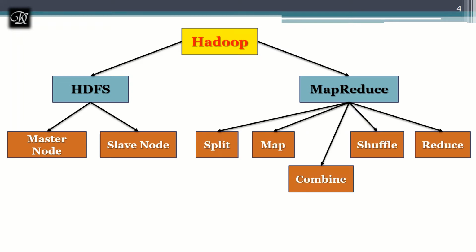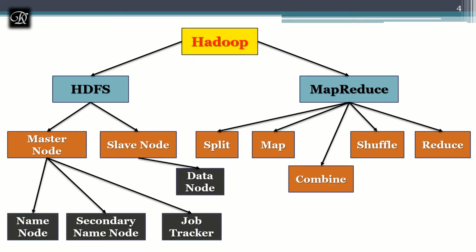Next, on MapReduce, people used to say MapReduce only has map and reduce, these two tasks. They are the main tasks which MapReduce has, but it has sub tasks as 5 steps: split, map, combine, shuffle, and reduce. Combine is optional, which you can use or leave, but split, map, shuffle, and reduce are mandatory. As I said, I will not go into detail about this. We'll see these in the next coming videos.